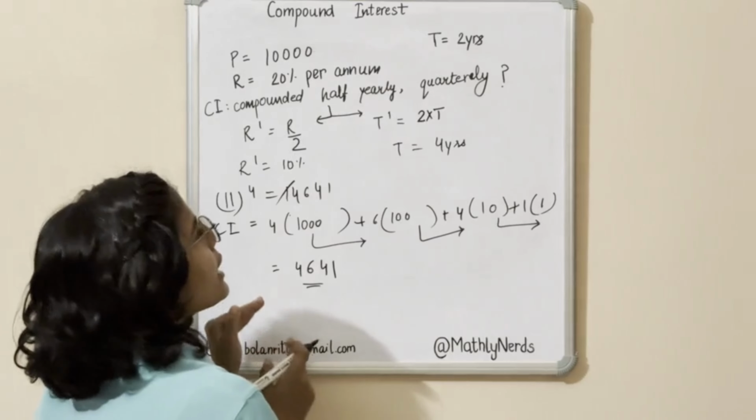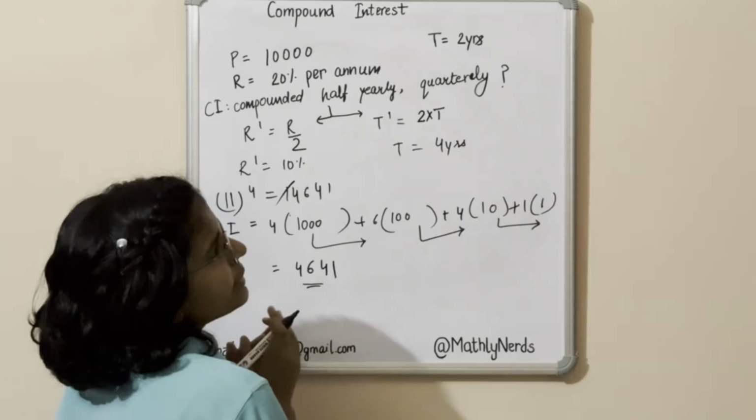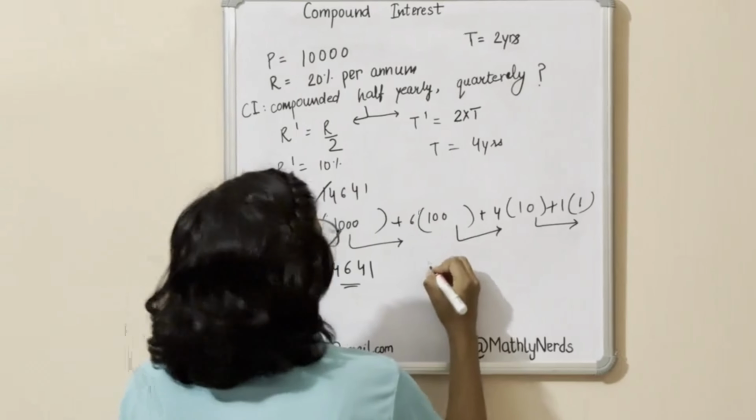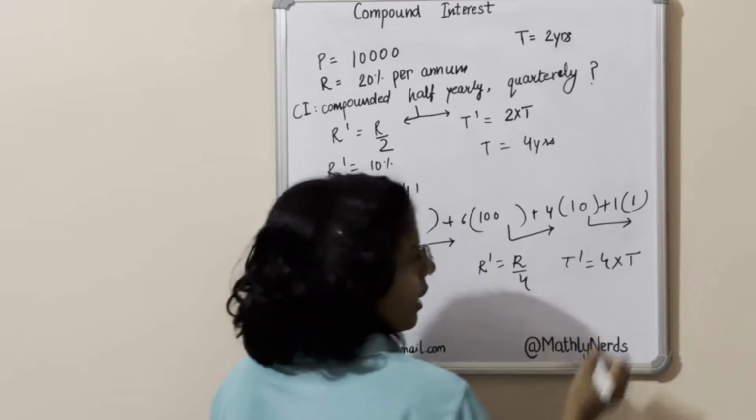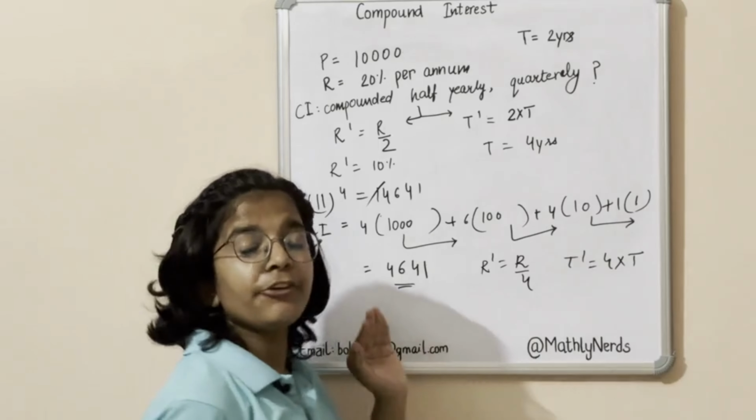And if we are calculating our compound interest quarterly, then our new rate will be R by 4, and our new time span will be 4 times T. Use these formulas and you will be able to